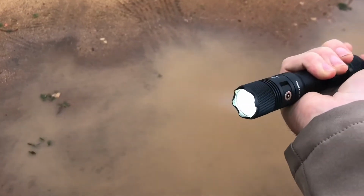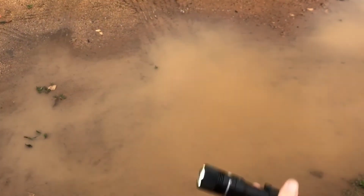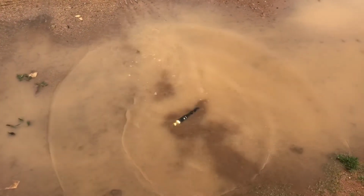Ooh, let's check the damage. Nice damage. It's still surviving. Still taking a beating. This is IPX8, which is a very good water resistant and dust resistant rating, and this is just a cool